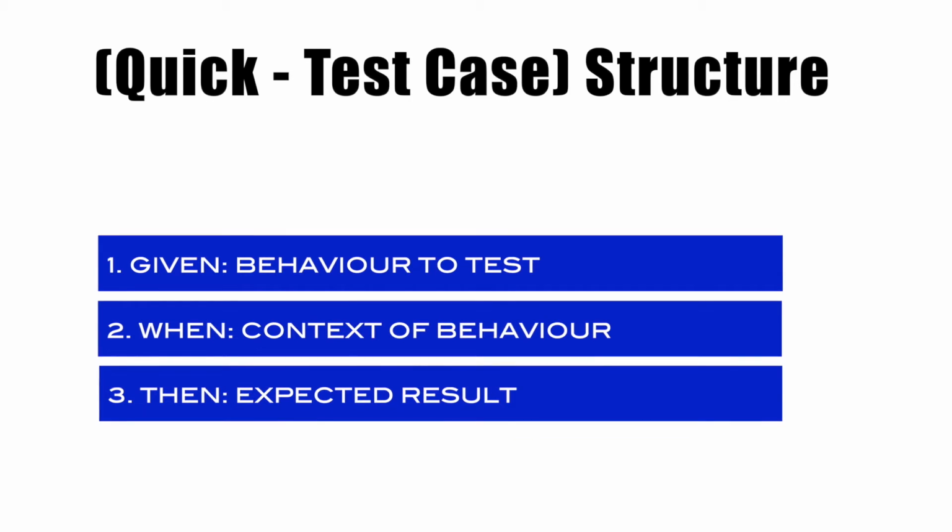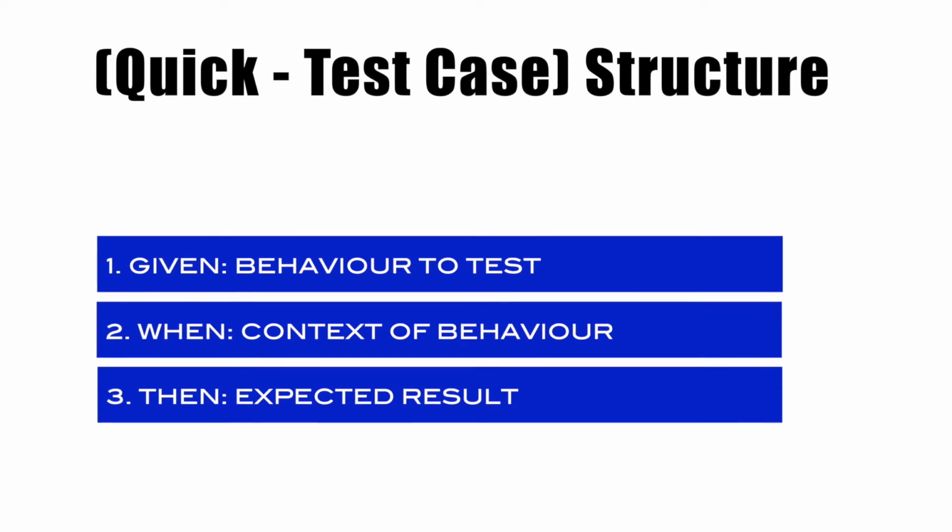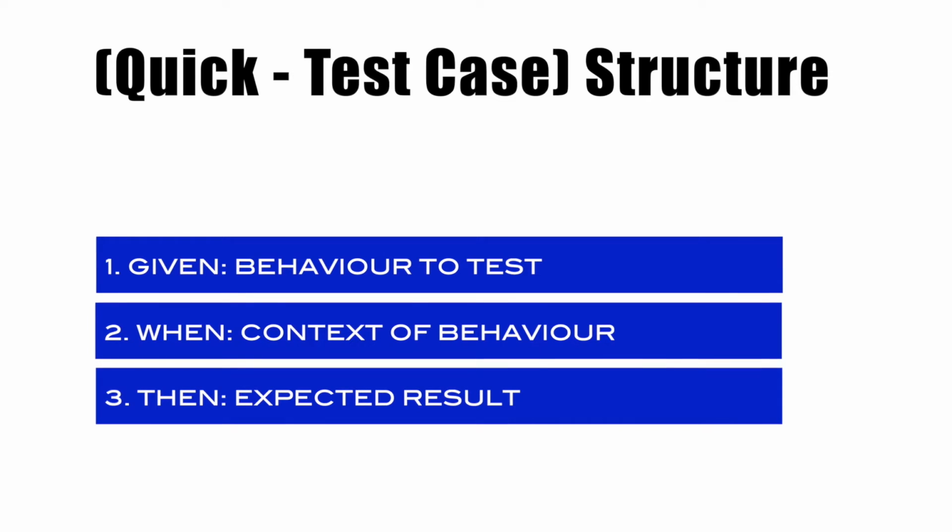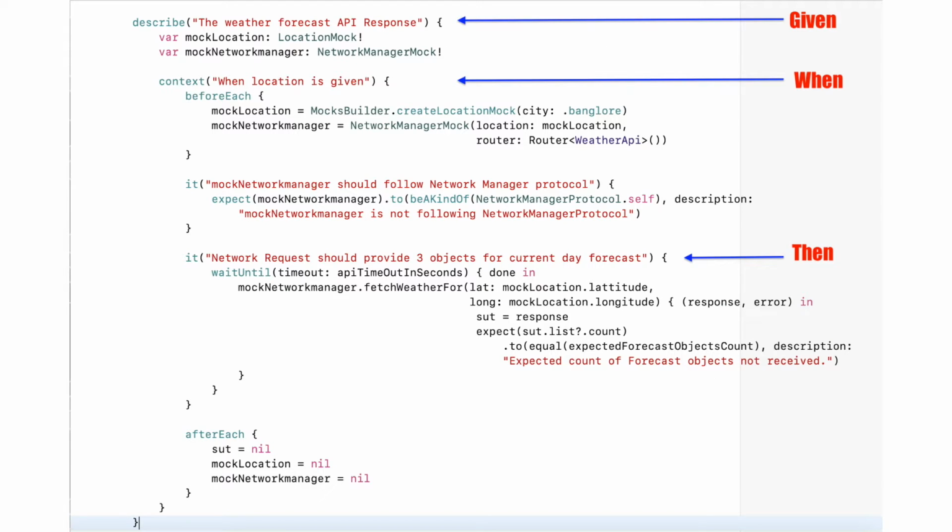So this structure in which your Quick test case is divided into three parts comes from the Quick framework basically. And whatever logic and expression matching syntax you need to test the functionality is going to be written with the help of the Nimble framework. So in the screenshot, you can see a typical example of a BDD test case written with the Quick and Nimble frameworks. Right now, you don't need to pay attention to the logic of that particular test case, because the objective is to understand all three sections that we can write with the help of different functions provided by the Quick framework.